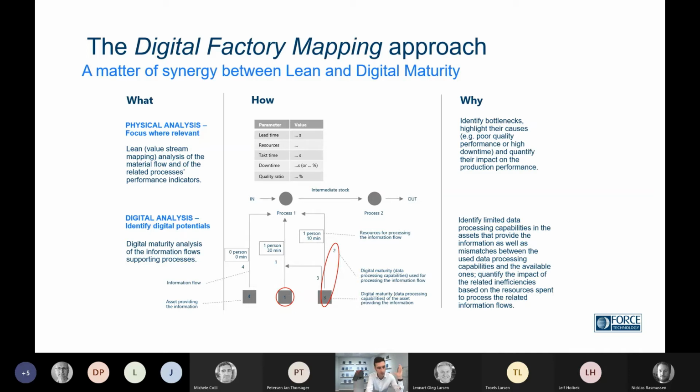Well, it's divided into two phases. The first phase is called physical analysis, and it's strongly based on lean. In fact, it's about performing basically a value stream mapping of the scope processes. So we will figure out that for one company, the competitive advantage is built on production floor processes, or it's